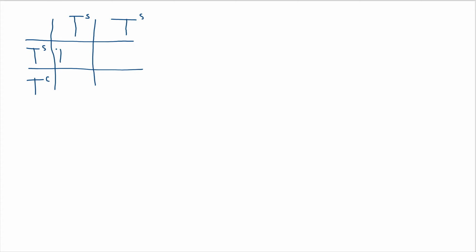Okay, so now we're looking at our offspring. We have TS, TS, and then the bottom ones are both TS, TC, TS,